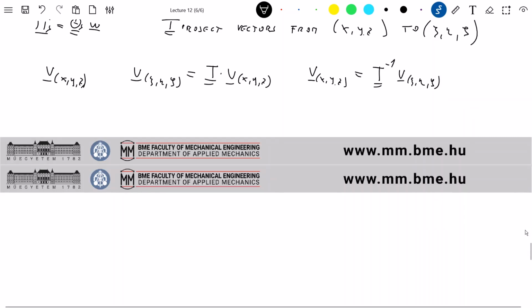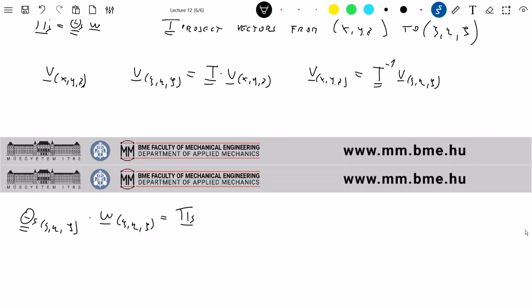Now let's think that we have our equation. We have that Θs in the ψ, η, ζ reference frame times ω in the ψ, η, ζ reference frame is equal to Πs, also in the ψ, η, ζ reference frame. Okay, now we write this ω